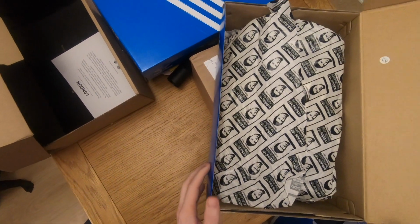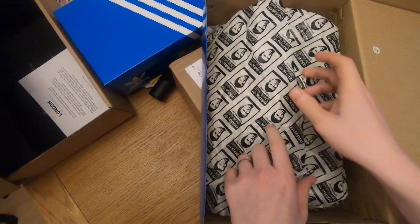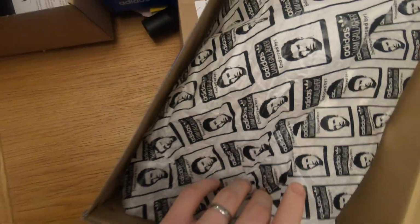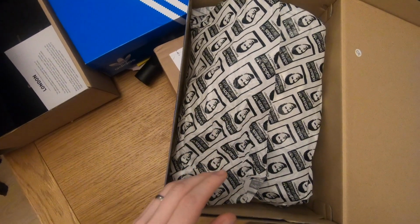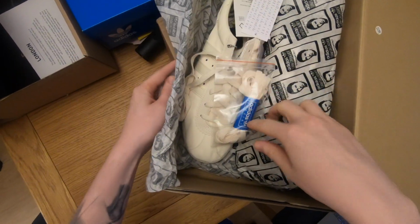Now, again, looking at not only that side bit, but this wrapping paper, it's like a crepe paper with Liam's face on it. You know, if you are a massive fan of Oasis or just him generally, it's probably something you're pretty pleased with, but a bit gimmicky in my view. If we actually open that up,